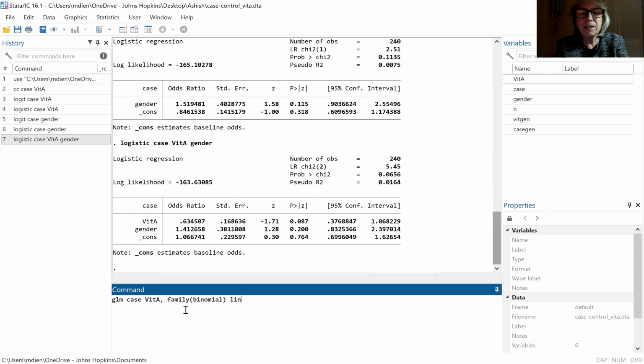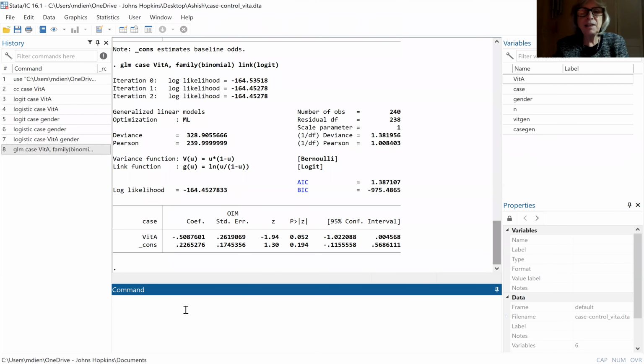And the link between the expected value of the outcome and the straight line relationship with the covariates is given by the logit, which is the log odds. So I see, again, a familiar coefficient of negative 0.509 for the log odds ratio, but I'm going to estimate